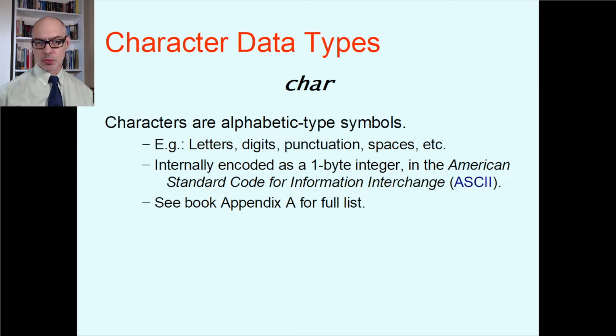Everything on a computer is really a number, essentially. I say that from the software perspective. So the question is, how do those symbols get stored as numbers in 1 byte each? And the answer to that is that there's a system called ASCII, which stands for the American Standard Code for Information Interchange. And when these kinds of computers were first developed in the United States, this was the encoding system that said, these letters of the alphabet, we're going to store them as these numbers in the bytes of our